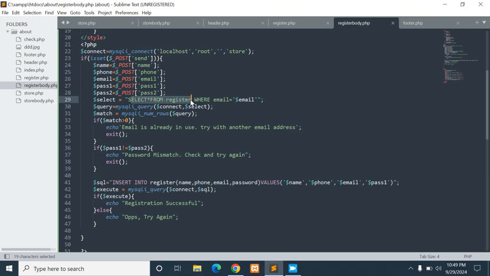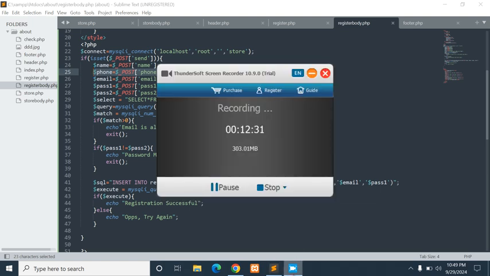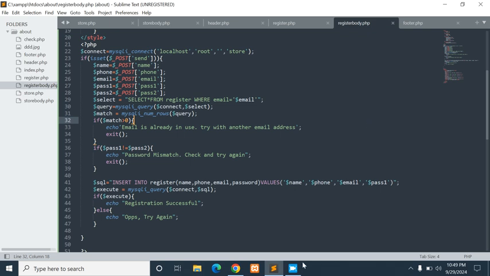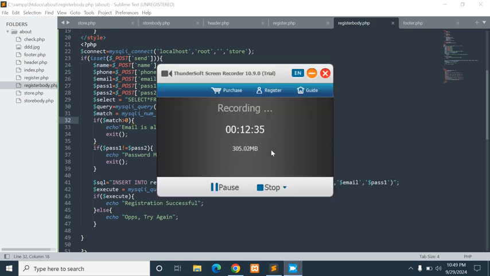In this case we're using email, but if you want to use phone, you say select from register where phone equals. If somebody wants to use a phone number that already exists, you tell that person the phone number already exists and they should consider using another phone number. So that is it. Hope this is very clear. So see you in another